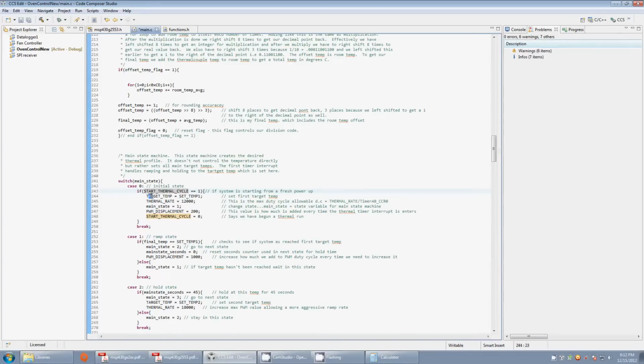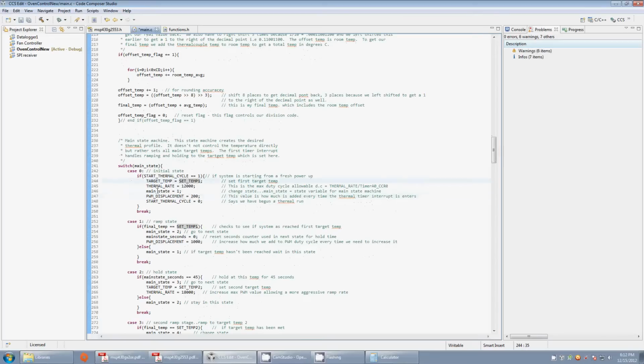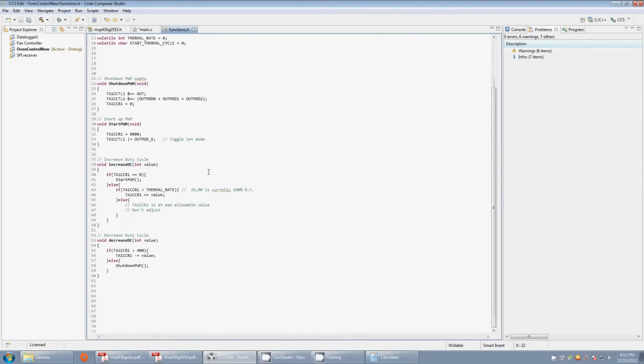So the first thing we do is set our target temp to set temp 1. This is our 140, where we're ramping up to 140. We set our thermal rate to 12,000. This is the maximum duty cycle allowed for our PWM system. And if you look in functions, I won't go over this because I don't want to make this any more confusing than it is, but